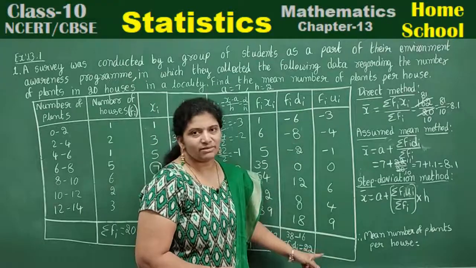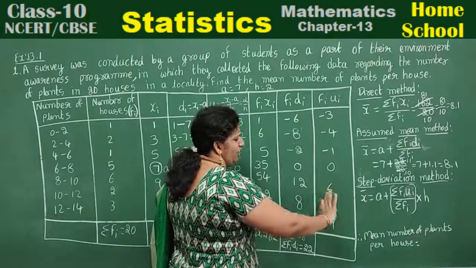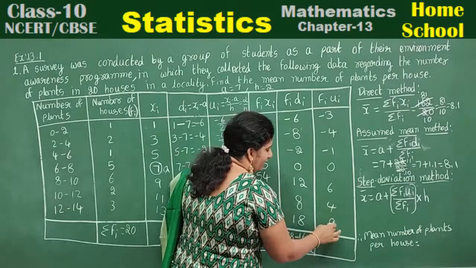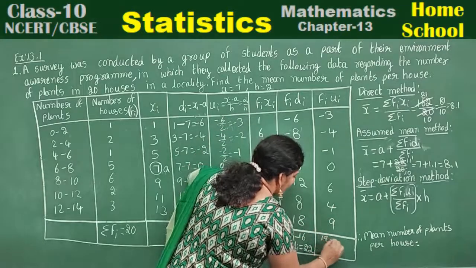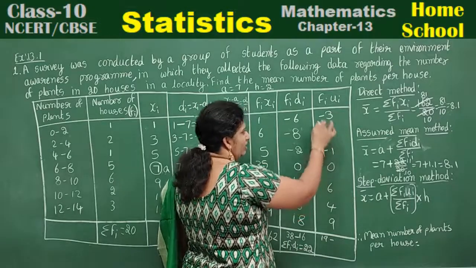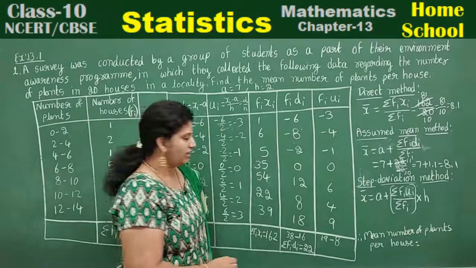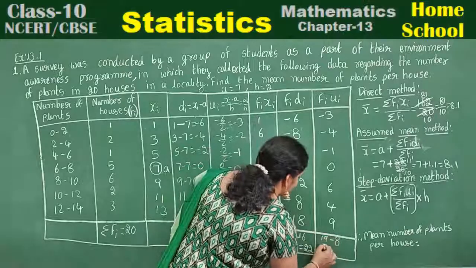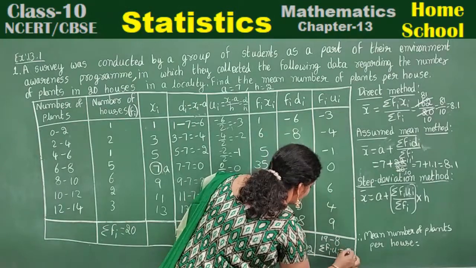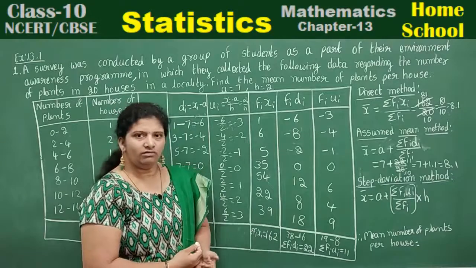So now we are going to sum up all FiUi. How are you going to add? Same technique. All positives you add, subtract the negatives. 6 plus 4, 10. 10 plus 9, 19. 3 plus 4, 7. 7 plus 1, 8. All are negative, so take minus 8. 19 minus 8, it will be summation FiUi is equal to 11.